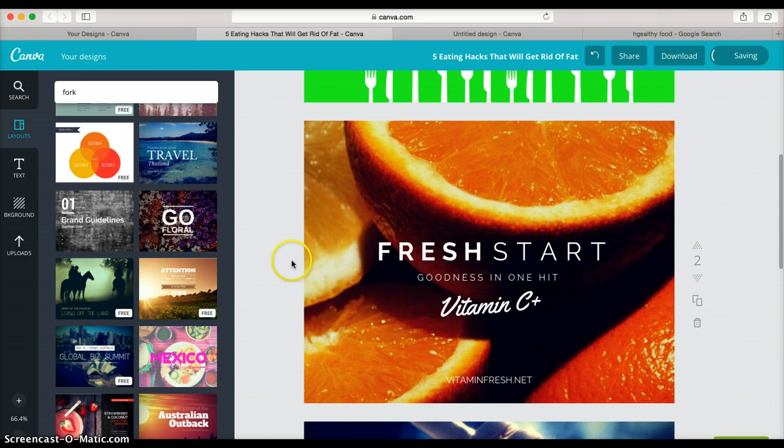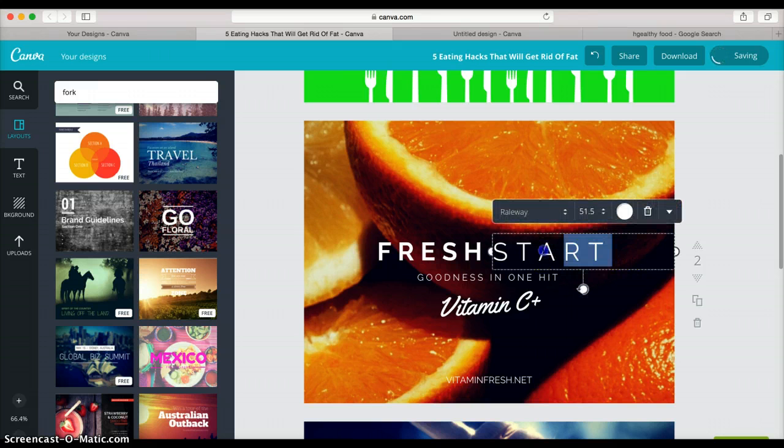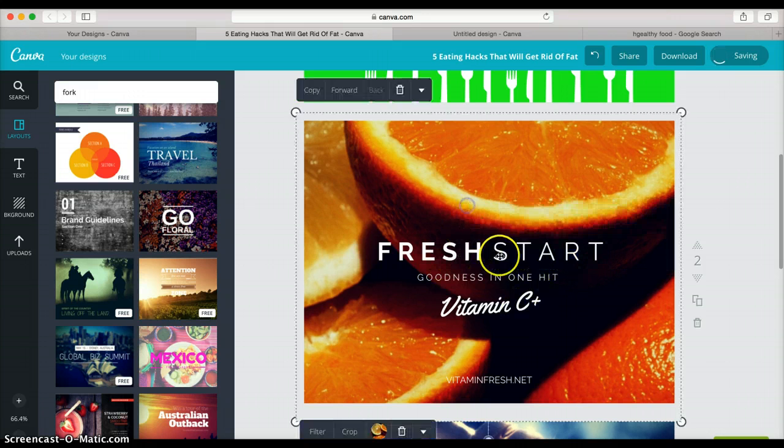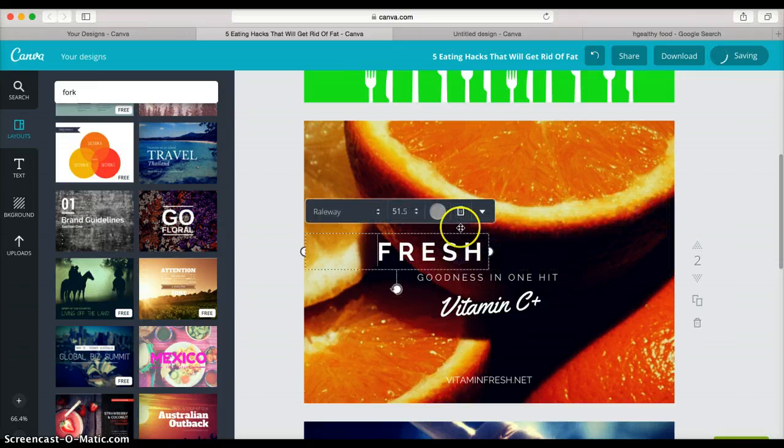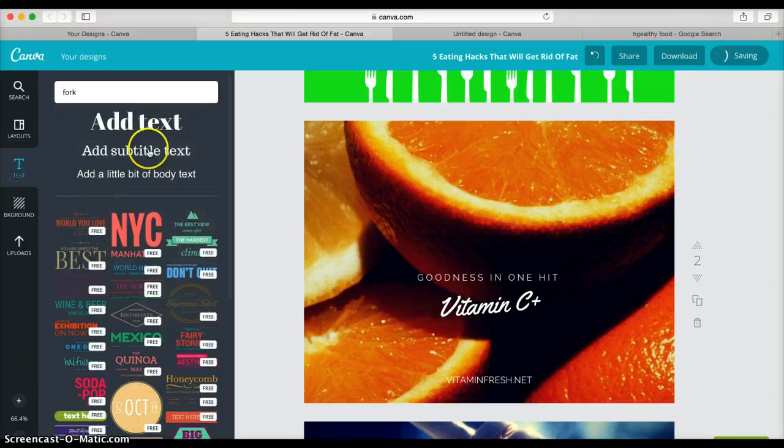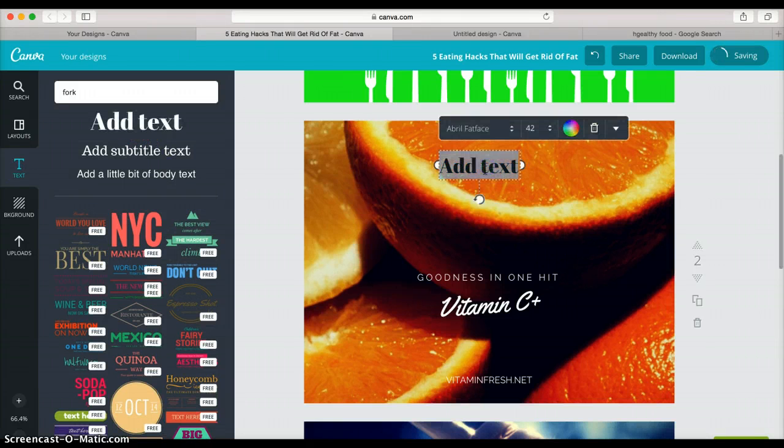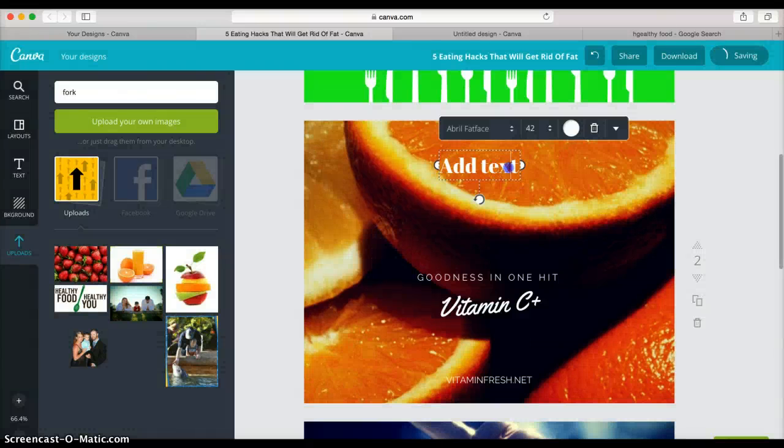Now if you want to start from the beginning on this, you can just delete all this. You can come up here to text and add a text. There used to be a setting where you could say, I want this to be red every time I drag it over, or white every time, but I don't see that setting anymore. Maybe somebody else can tell me or share that. But you can come in here and type clean eating, you know, how